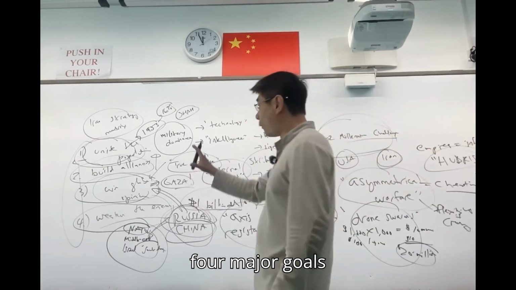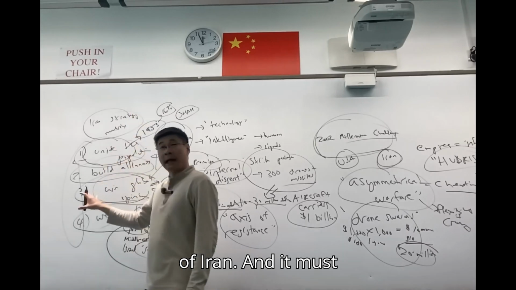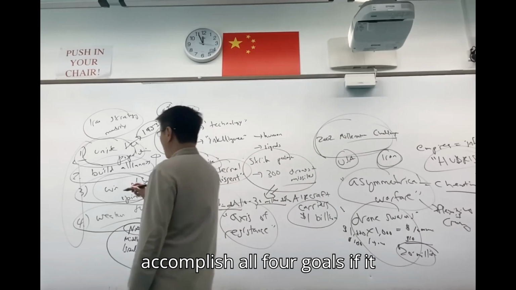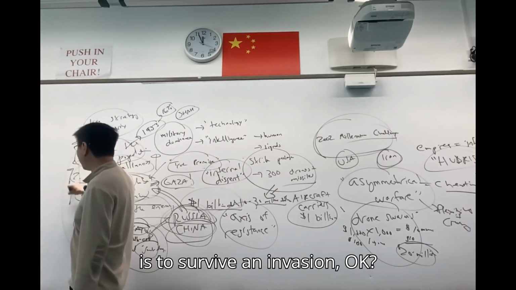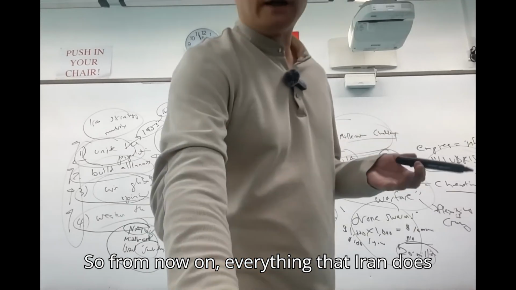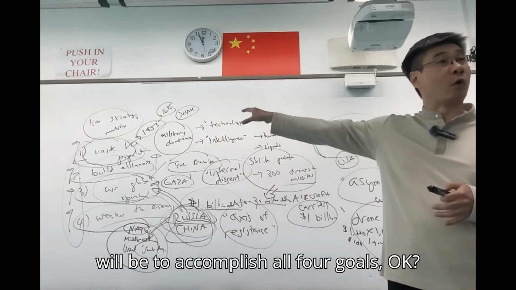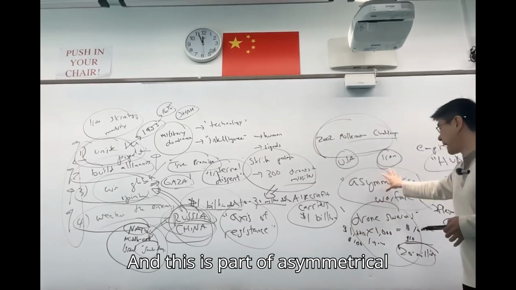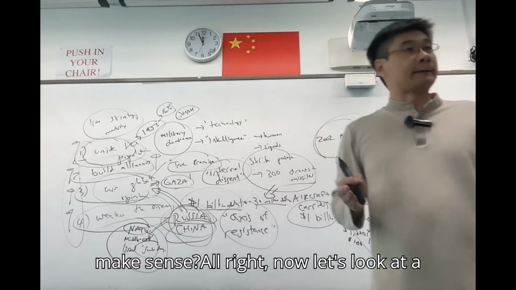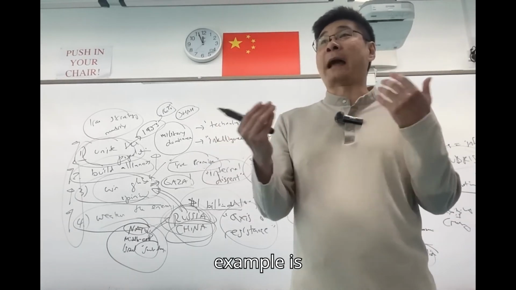So these are the 4 major goals of Iran, and it must accomplish all 4 goals if it is to survive an invasion, okay? So from now on, everything that Iran does will be to accomplish all 4 goals, okay? And this is part of asymmetrical warfare. Does that make sense? All right. Now let's look at a concrete example. And the concrete example is